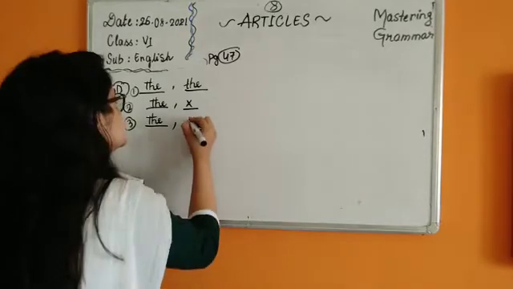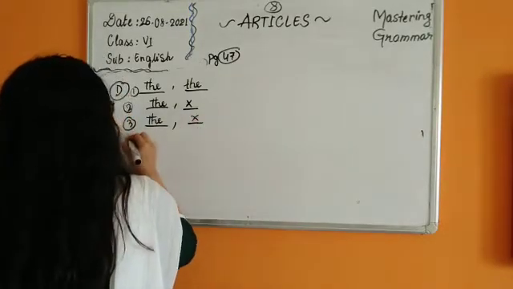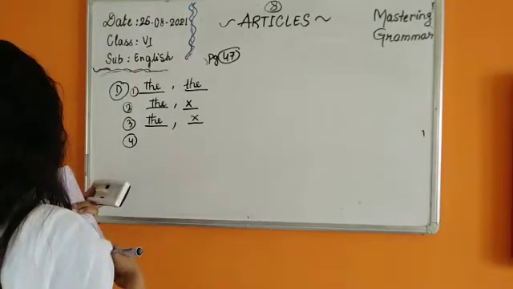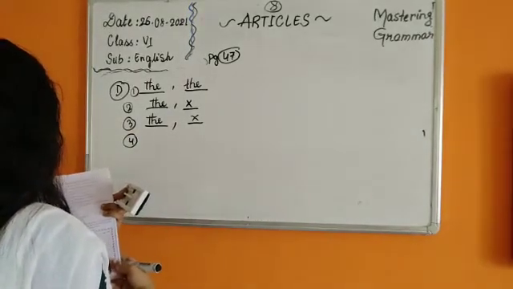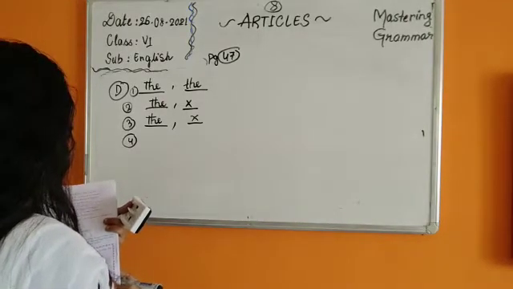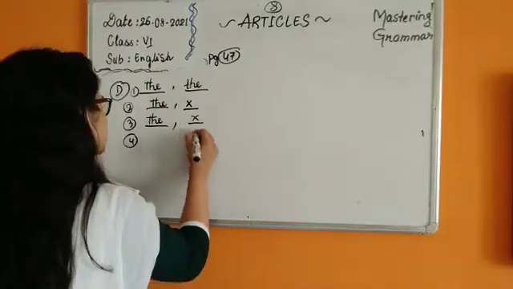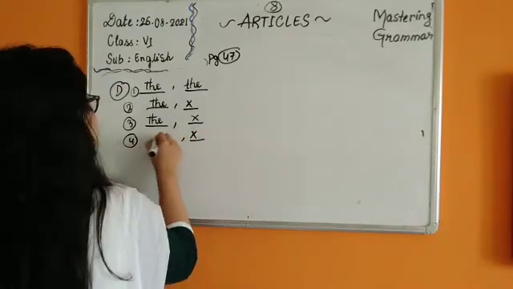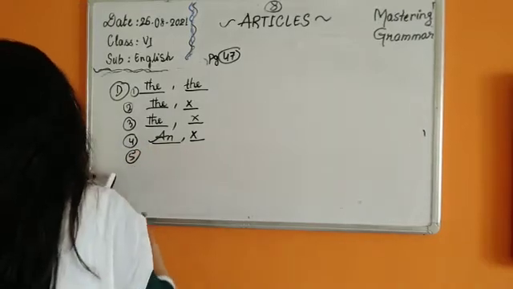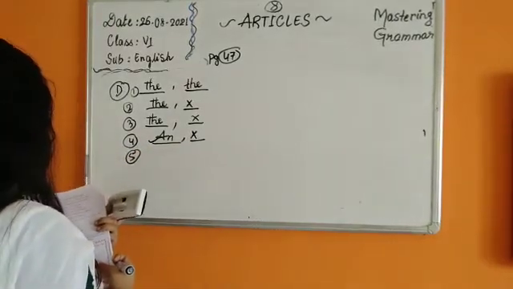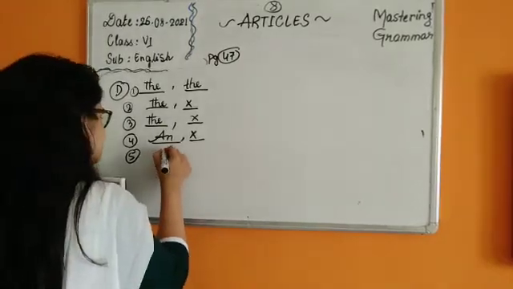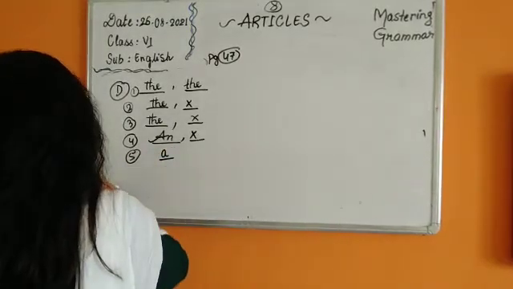Before train we use the Rajdhani Express connects many cities. So nothing will be here for cities. Now, dash apple should be eaten every morning with. Before breakfast we are not going to use anything. An apple. Number 5. Sherlock Holmes had dash visitor who was a stranger to him. Had a visitor.